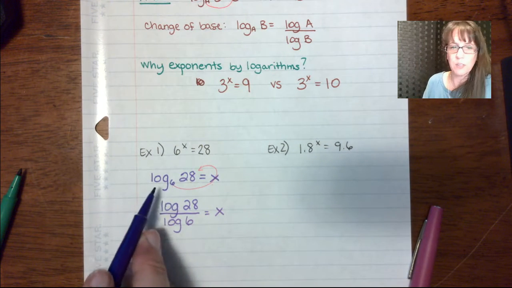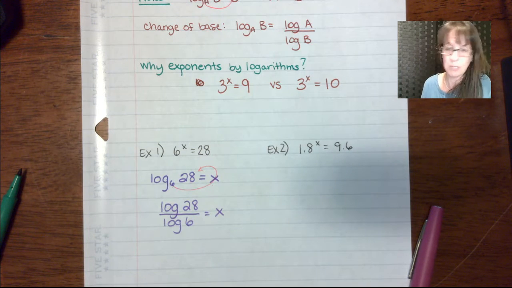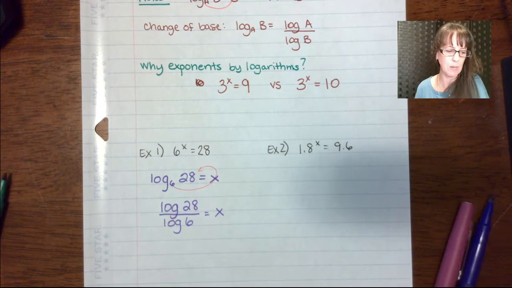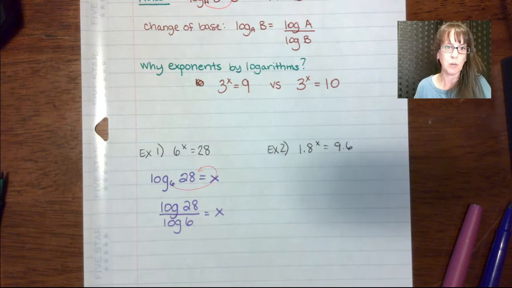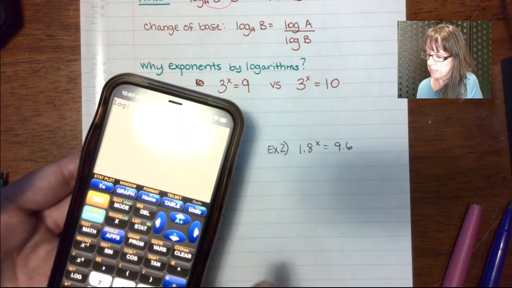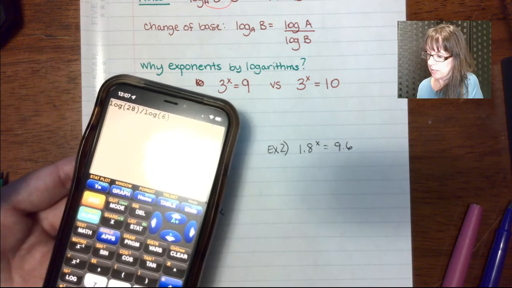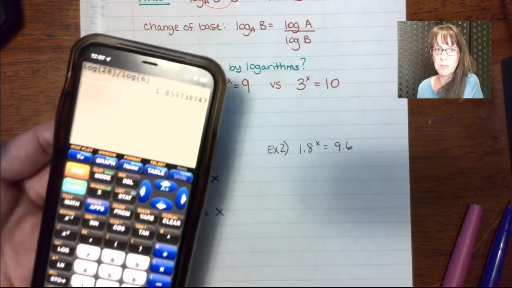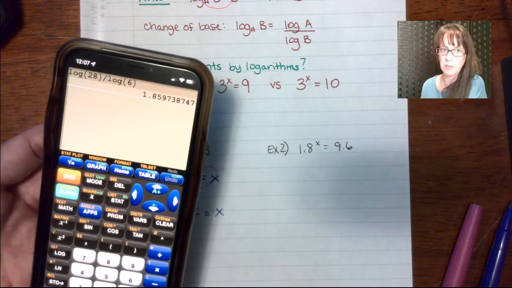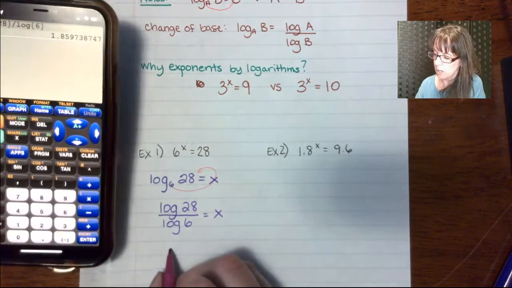These two things are the same. Log base 6 of 28 is the same as log base 10, because remember, if it's not shown, it's 10, of 28 divided by log base 10 of 6. Okay, so how do we enter that onto our calculator? If we have log 28 divided by log 6, you end up with this big old long number. Sorry about that, I didn't realize my light was reflecting in there. So you get this big number here, which is x equals